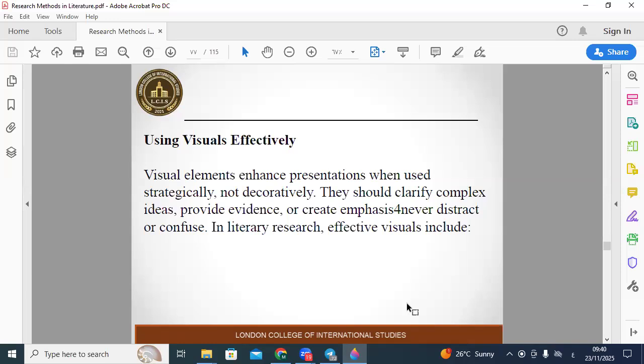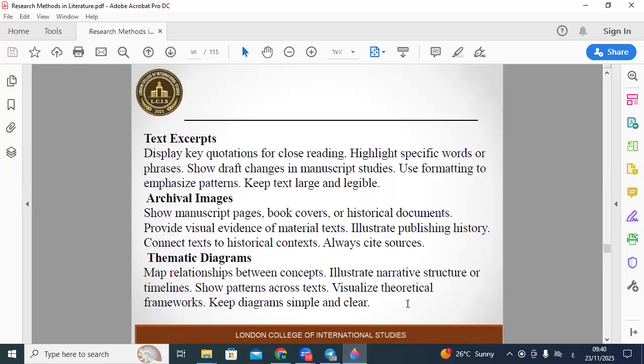In literary research, effective visuals include text excerpts: display key quotations for close reading, highlight specific words or phrases, show draft changes in manuscript studies, use formatting to emphasize patterns, and keep text large and legible. Archival images: show manuscript pages,